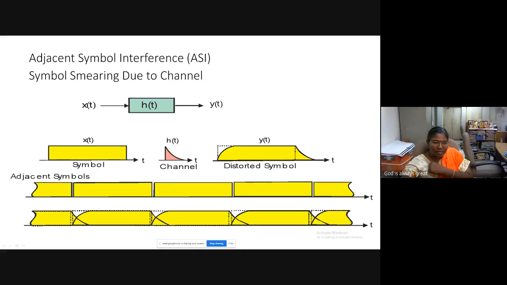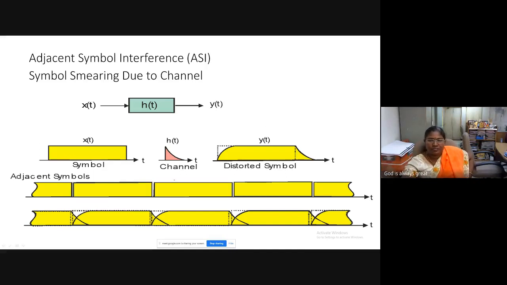Once this multi-carrier signal is transmitted over the channel, once again you get an OFDM symbol that will be distorted like this, right? This is also due to the dispersive nature of the channel. The symbol is not ending at this point, it is getting extended. Previously, we talked in terms of bits. Now we are talking in terms of symbols, OFDM symbols.